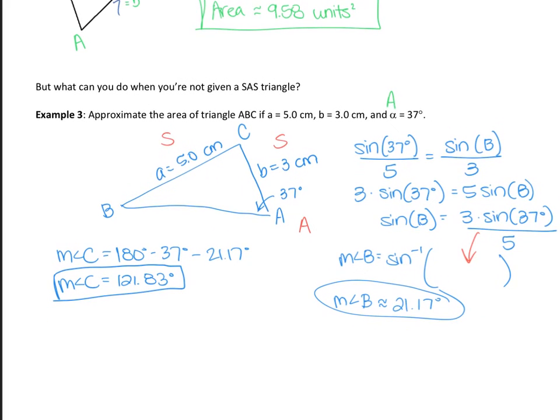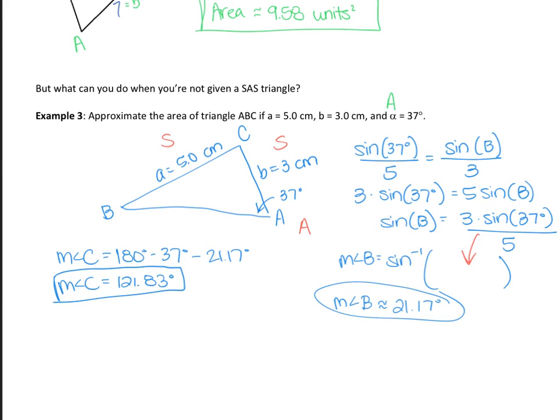All right, so now lastly, plugging this all in to the formula. We now know the included angle measure is 121.83 degrees. And so we're going to use the formula 1/2 AB sine C,